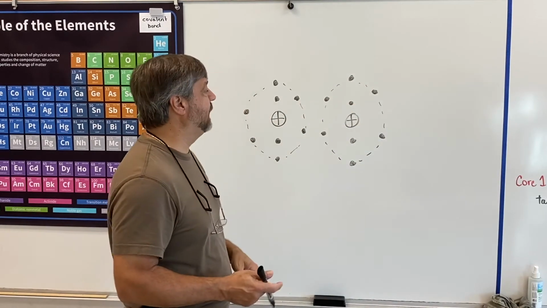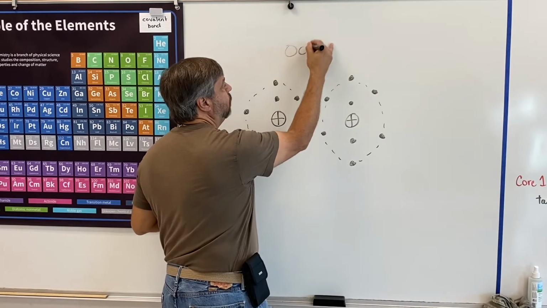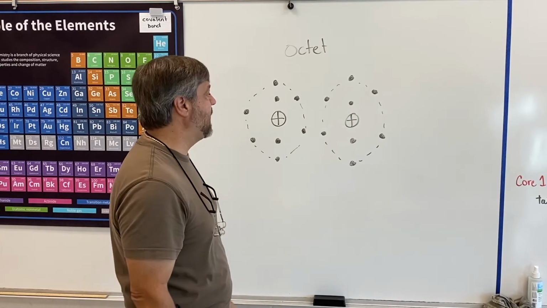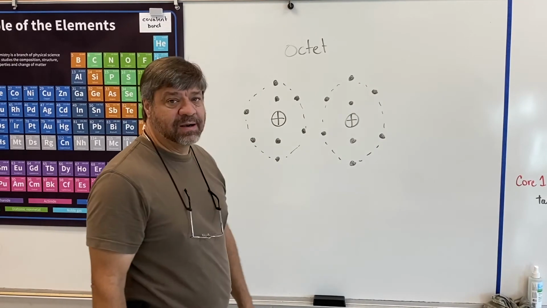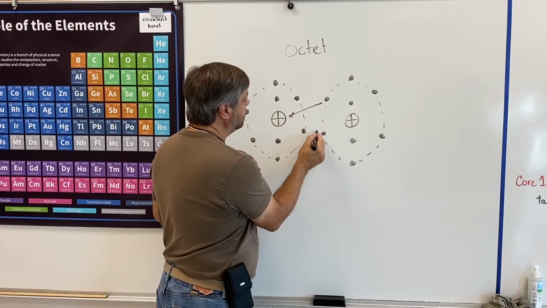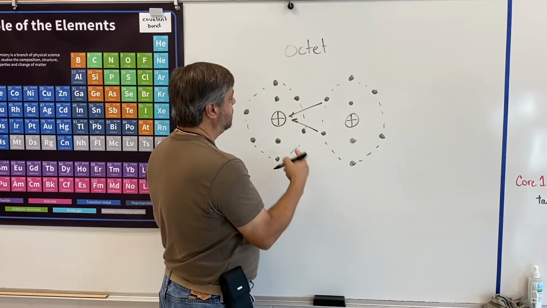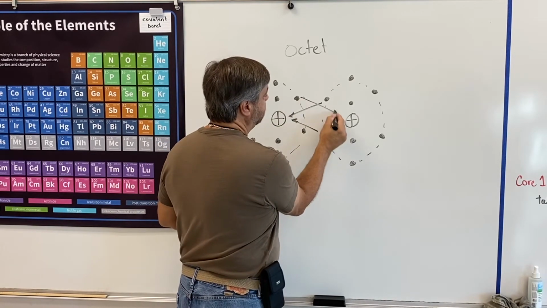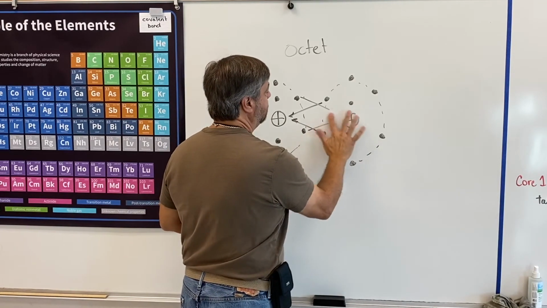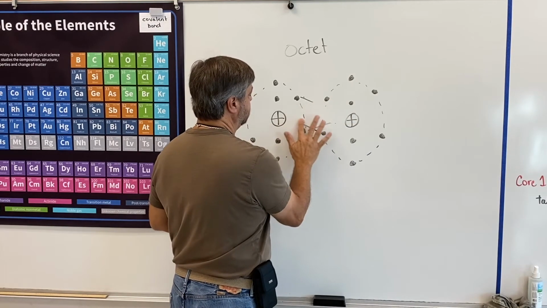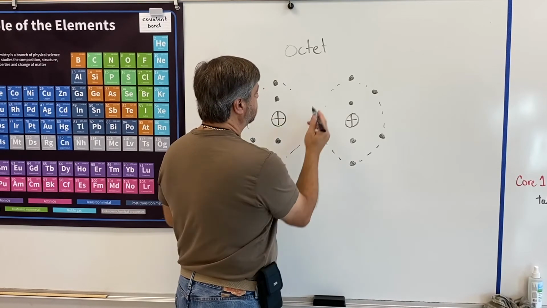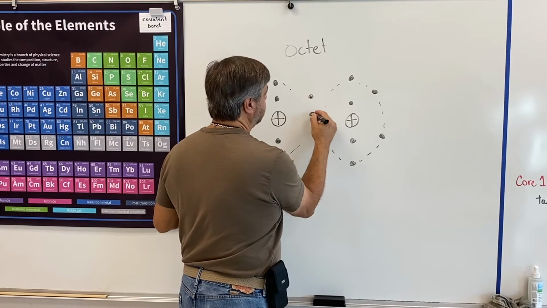Remember, the second shell wants 8. We're seeking an octet here. We want to have that 8 valence electron situation so that the atom feels happy. So this does exactly the same thing that the hydrogen was doing. This proton is attracting electrons here. This proton is attracting electrons from here. So that's going to pull the two atoms together into where they can bond. Now let me get rid of my arrows here and you can see what's happening. And so I'm erasing those 4, and what's basically going to happen here